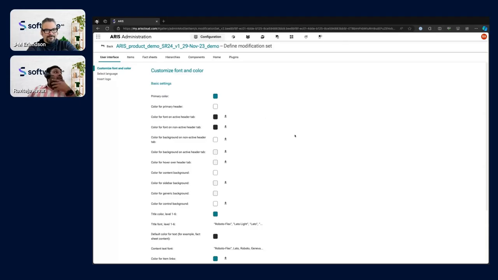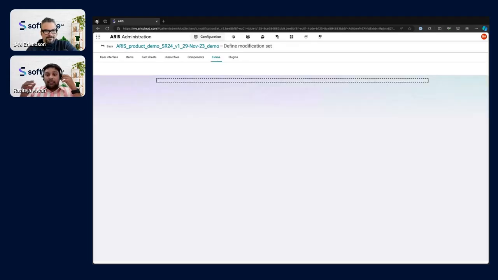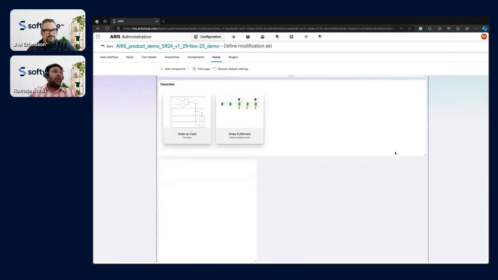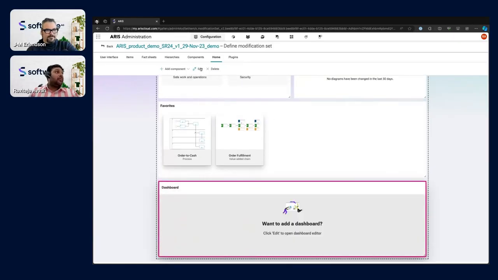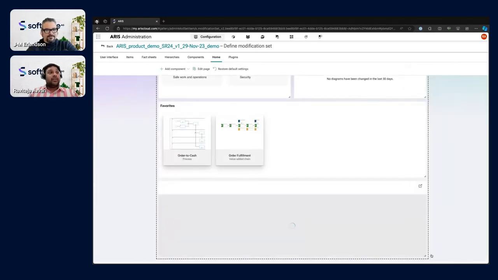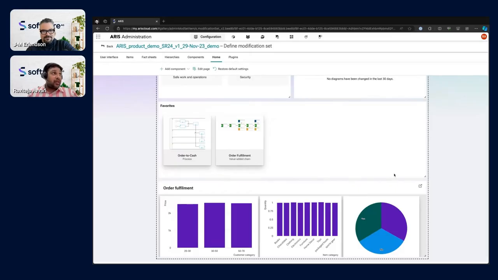So let's go ahead and see what else we can do here. So similarly, you can add the dashboard in the home page. You can click on add component. You can click on a dashboard here, and the dashboard pops up. So when you click on the edit button here, you have the list of dashboards, which is order fulfillment, and you just click on save. You see that the dashboard that you have created is immediately available to you on the home page,